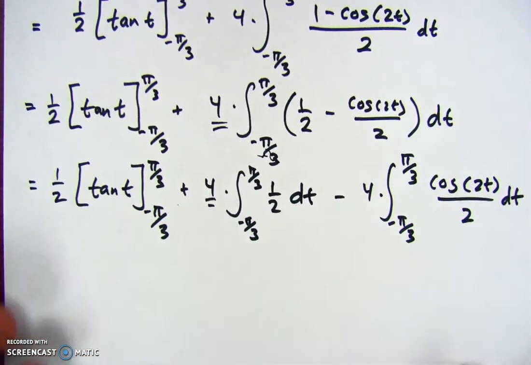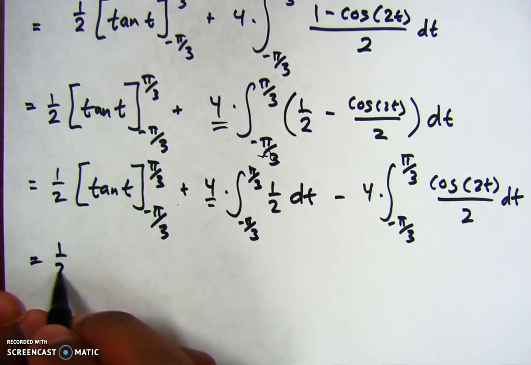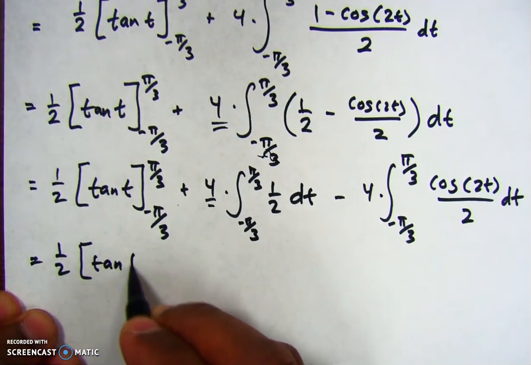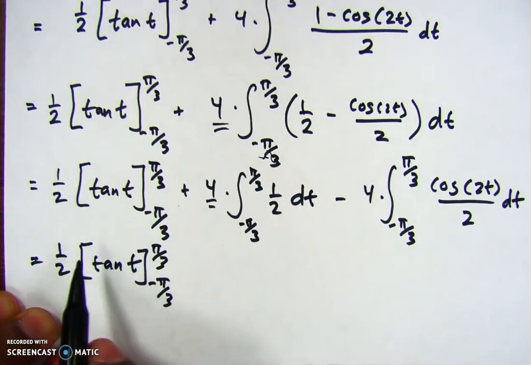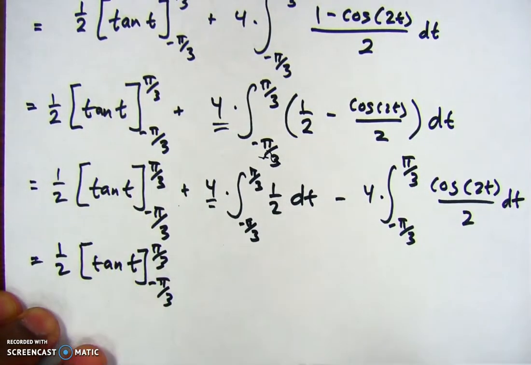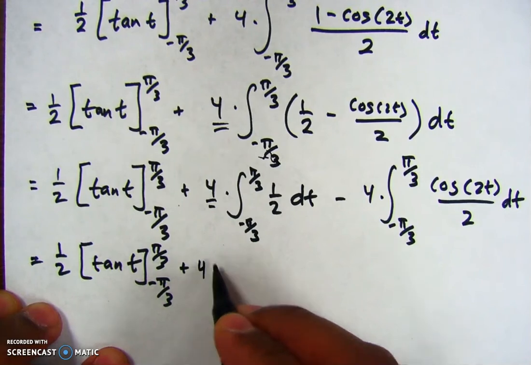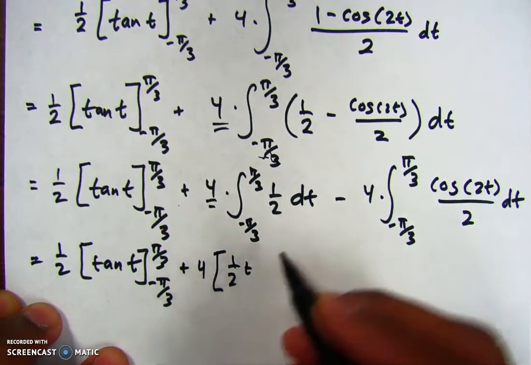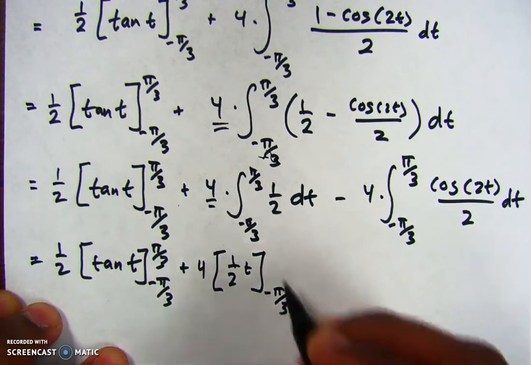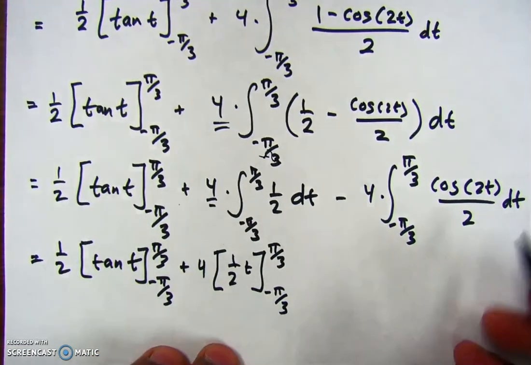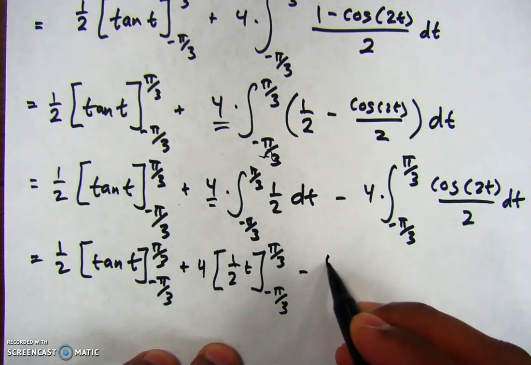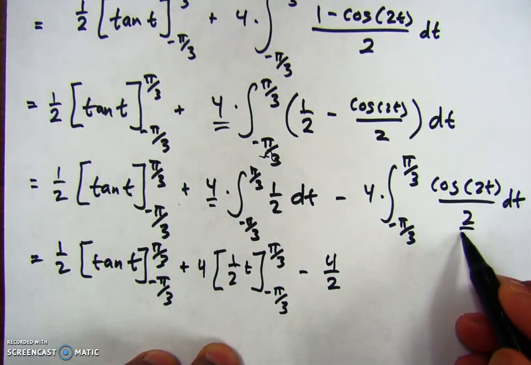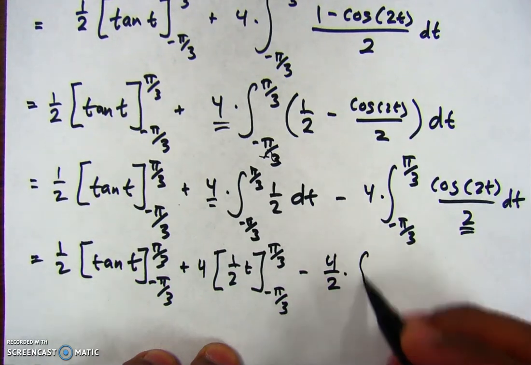Okay, so we just have 1/2 tangent of t. And if some of you guys are thinking, I'll just compute this, save myself the trouble of rewriting it, you can do that. It's just the way I'm choosing to do it. I can now integrate this. This is 4 times 1/2 t from -pi/3 to +pi/3. And now I can take out that 1/2 to make it 4/2. So take out this 2 and make it 4/2 outside, so that I only have